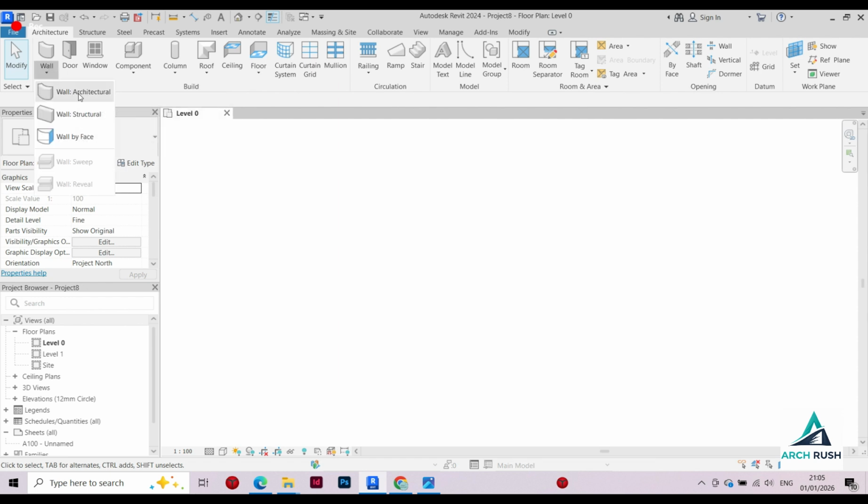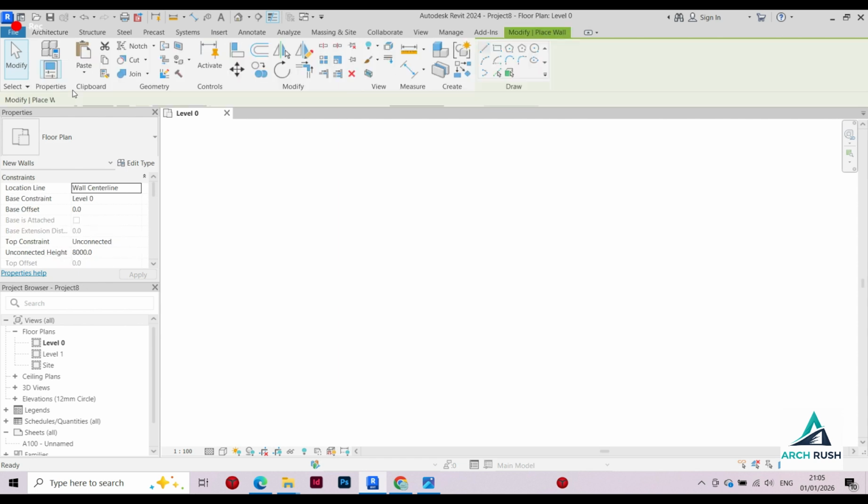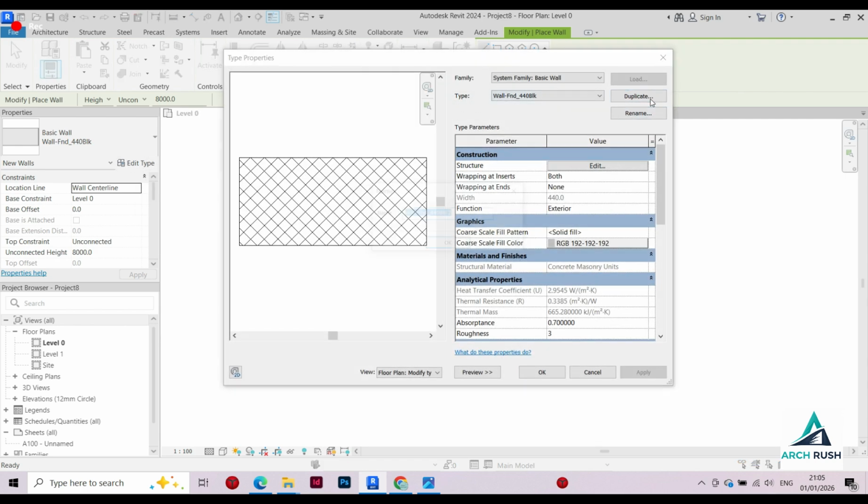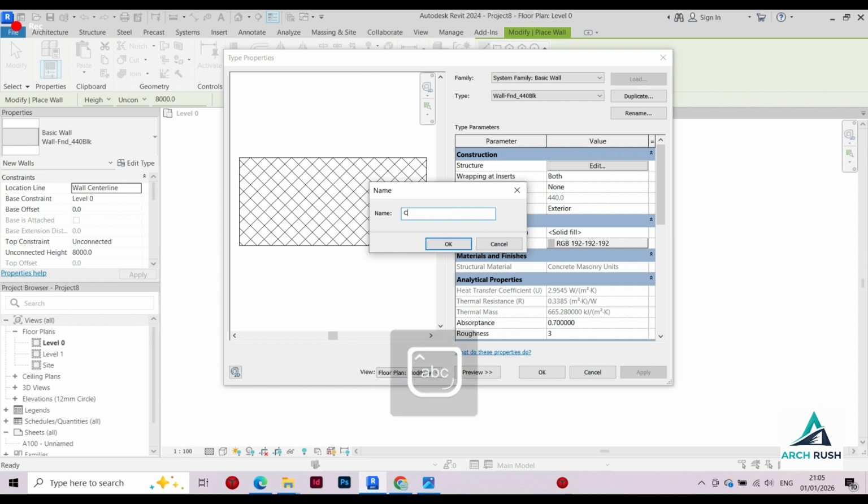First, I'm going to draw one wall. Going to the Architecture tab, Wall. I'm going to use any wall here, this one. I'm going to edit this wall. I'm going to duplicate this one. Duplicate to Cavity Wall